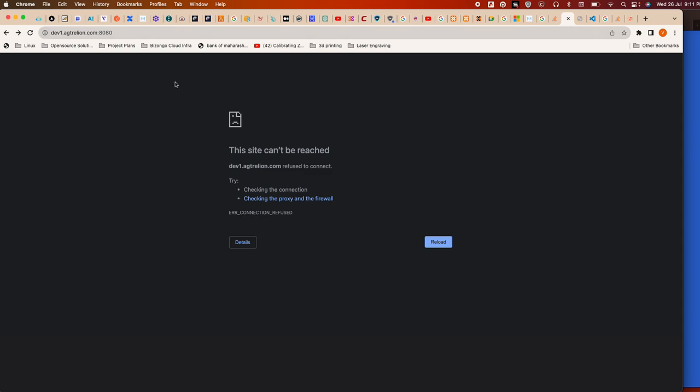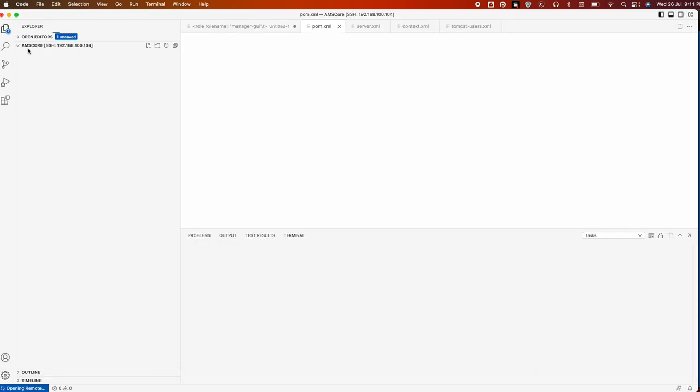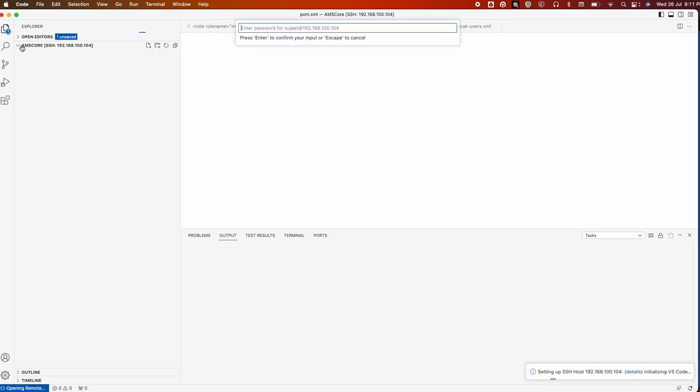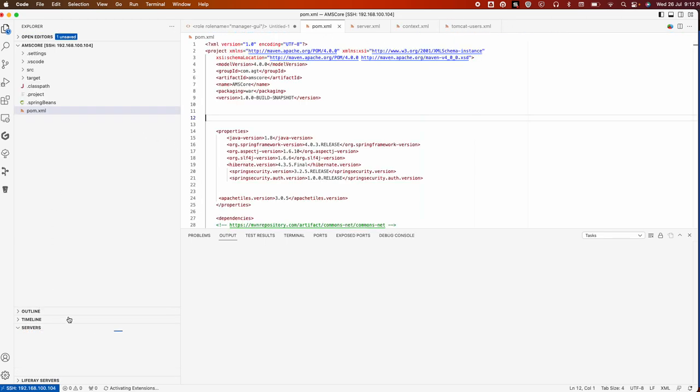there is nothing running. You can see the web server is giving me a rejected. So I'll be starting my VS Code over here. I have already configured the remote machine directly. As you can see, it's asking me for the password of the user. After enabling it, it connects the machine, and you can see over here, it's doing a lot